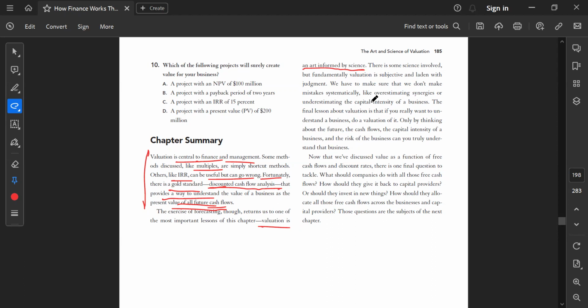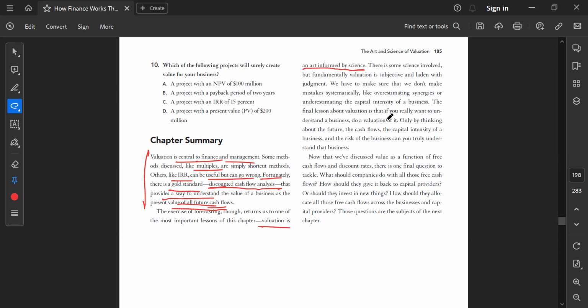अच्छा, और कुछ मिस्टेक्स भी हम मतलब वैल्यूएशन के वक्त लोग करते हैं, जैसे कि मैंने अभी अभी बताया कि पहले तो वो लोग सिनर्जी को ओवर एस्टिमेट कर लेते हैं, या फिर कैपिटल इंटेंसिटी को कंसिडर नहीं करते, या फिर वर्कर्स का जो इंसेंटिव है वो कैलकुलेट करना भूल जाते हैं। ओके, सो दीज आर द मिस्टेक्स दैट वी नीड टू अवॉइड ड्यूरिंग वैल्यूएशन।